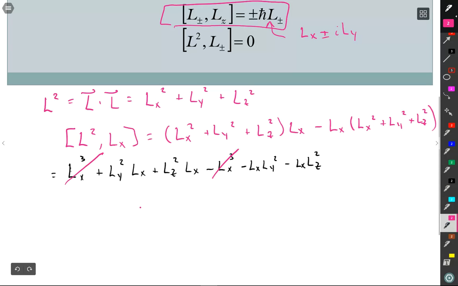The Lx cubes subtract out. So we have these relationships left. And so using our commutator relation, I can rewrite